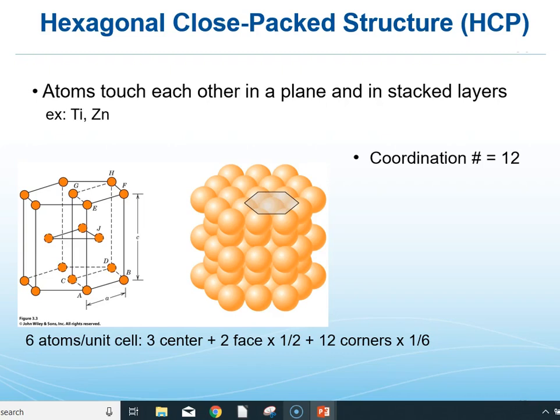Our second close packed structure is not cubic. This is hexagonal close packed. And it looks like you can see it easiest with the nucleus representation over to the left, the small ball and stick kind of model. You start with 2 layers, and it's really 3 layers, all of the same thing, and they're simply offset a